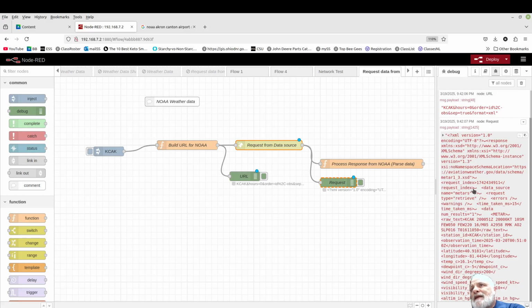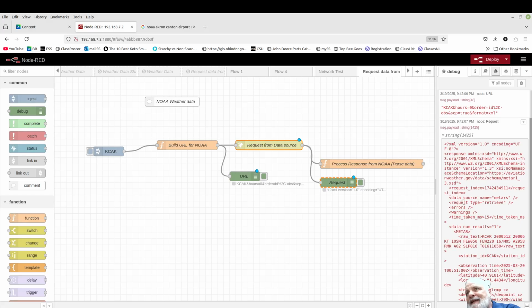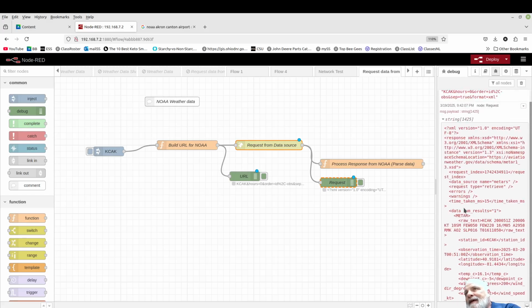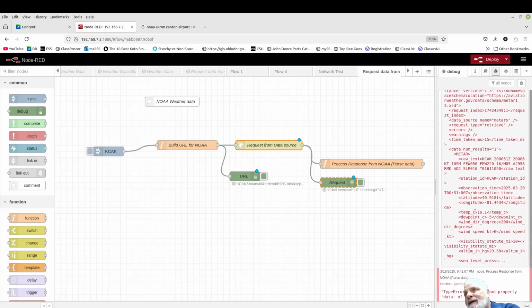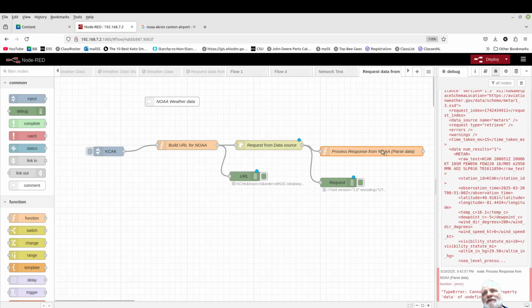Now this is encoded in what we call XML format, and it's a little hard to read, but if you look in here you can see here's the station ID, and then if you continue looking in here, here is the temperature in Celsius. So currently it's 16.1 degrees Celsius at the Canton-Akron Airport. All right, so that's kind of what we're looking for with this starter flow. And then this next function then